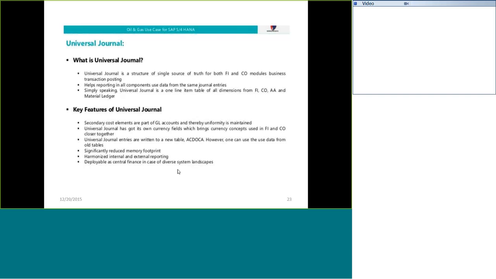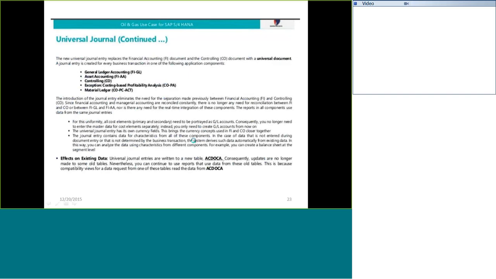I will show one console. So as GL accounting, uniformly maintained currency fields. Here, the total tables which we designed are based on ACDOCA. ACDOCA is the table name. Here, the Universal Journal includes General Ledger Accounting FI-GL, Asset Accounting, Controlling, Cost-Based Profitability Analysis, Material Ledger, and Controlling PC.